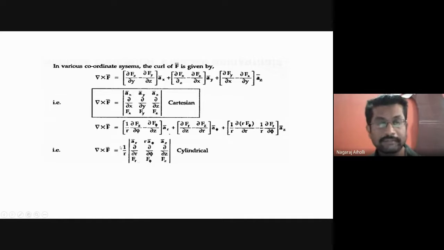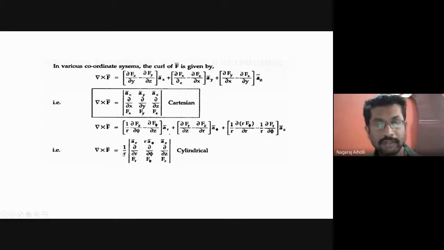That is in determinant form. It is very simple to remember. You can remember it either way: either you can remember this formula or you can remember it in the determinant form. If you remember both, it is well and good, but the determinant form is easier to remember as compared to the other one, is it not?